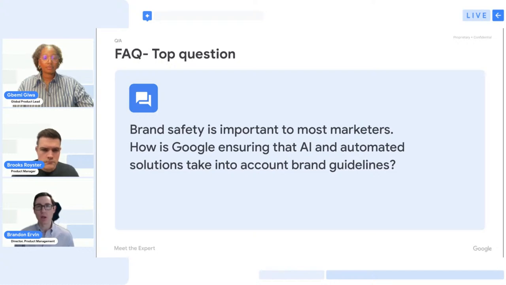In terms of brand suitability, we've introduced account level negative keywords that apply across all search-based inventory. This is a great way to manage terms or searches that you just wouldn't want to show up on regardless of performance, because it will apply across all your campaign types. And then at the campaign level, you continue to have negative keywords if there are certain terms you don't want to show on in general there.